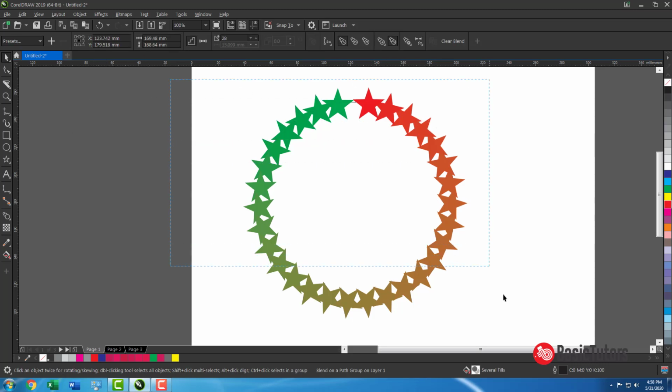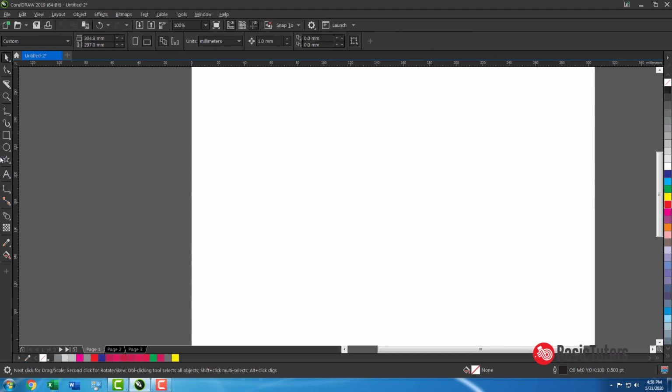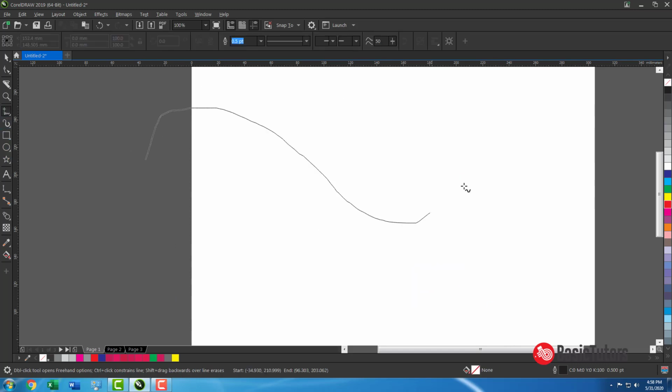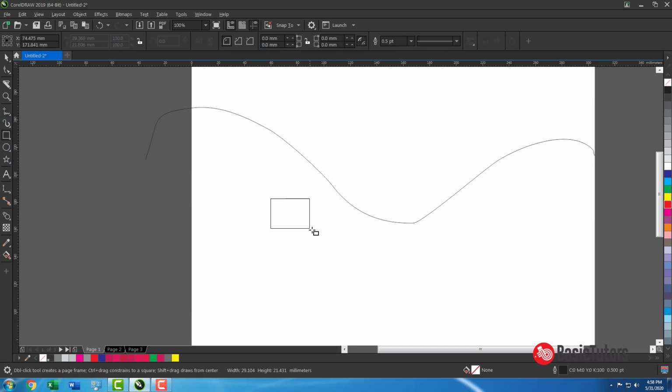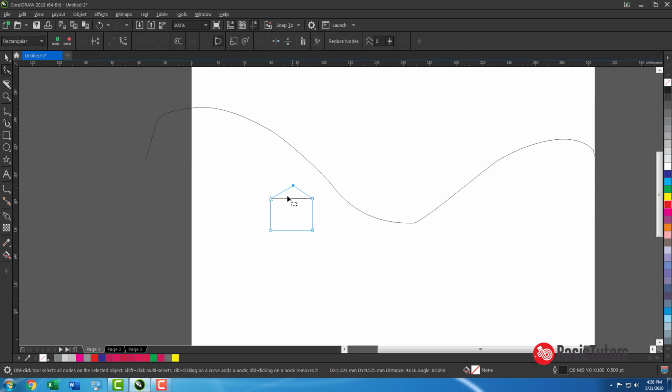How to explain this rotate? See, I make a shape like this.